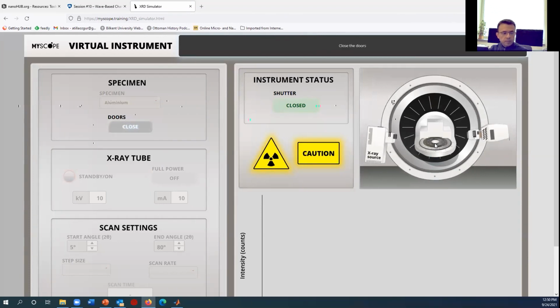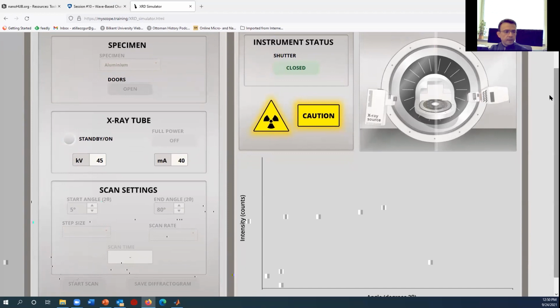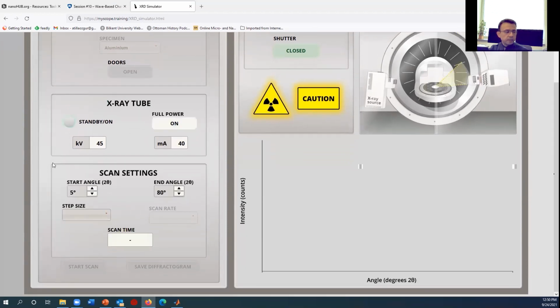So my specimen will be placed. And then I close the door. My X-ray source will be here. And this is going to be my detector, of course. And I will start applying my source. And then my scan settings will need to be determined. These are going to be the angle scan settings, the starting angle and the ending angle, and the step sizes. So let's say for a quick scan,